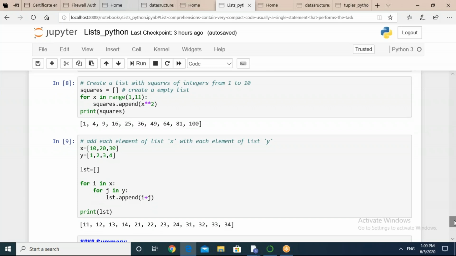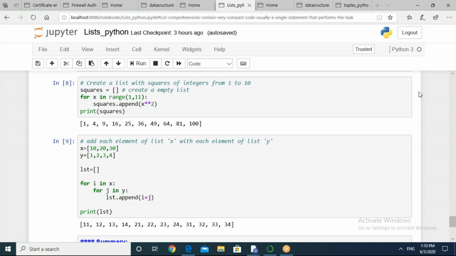Okay, the next example over here is add each element of list X with each element of list Y. Listen carefully. Next requirement is to add the elements of lists X and Y correspondingly. So what we have done here, can you tell me how the output is coming? You just observe, then we will discuss the things. Just observe the code, what we have done, and just try to tell it with the output.